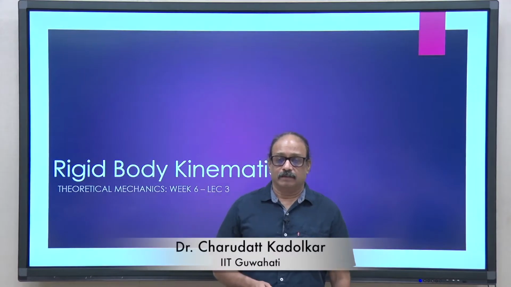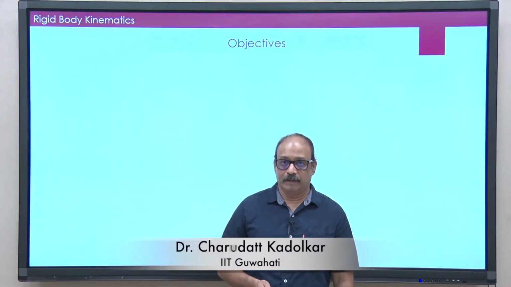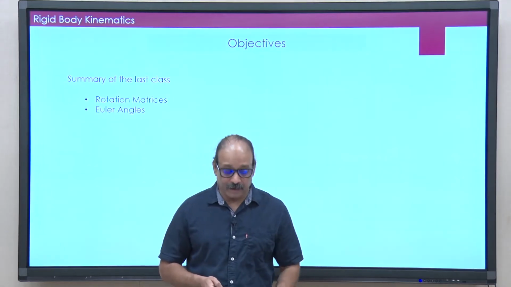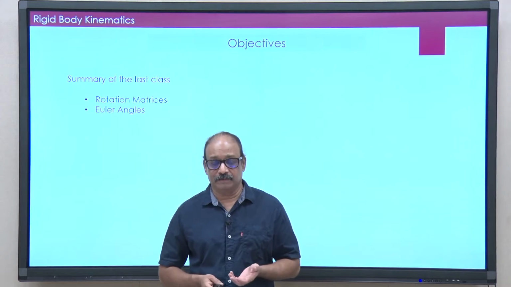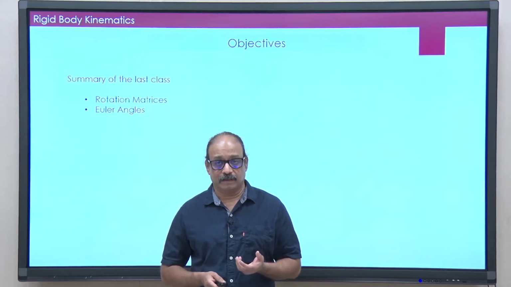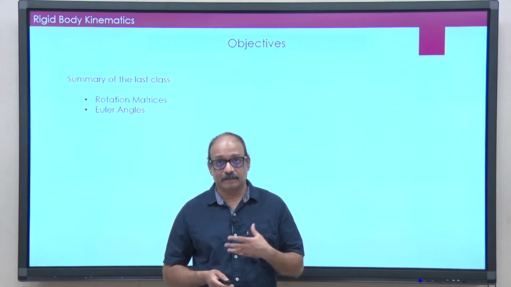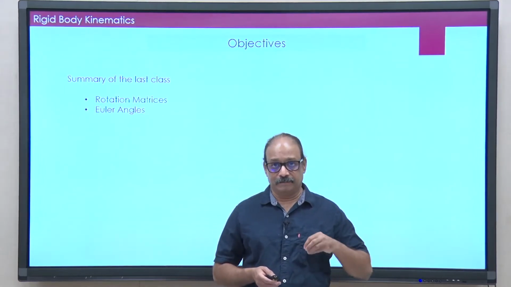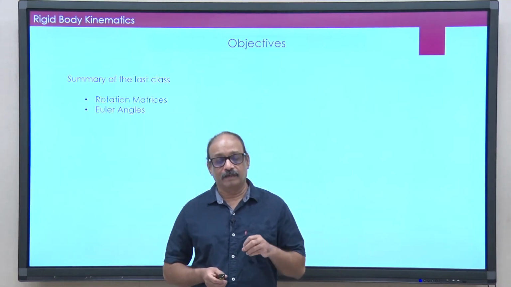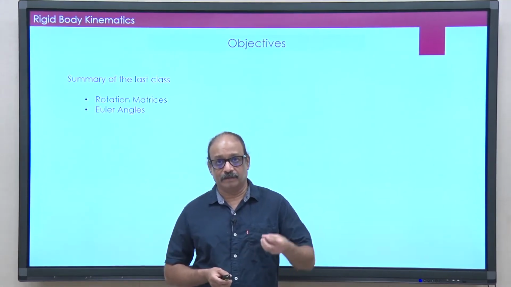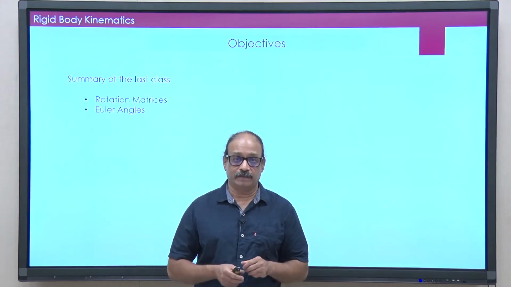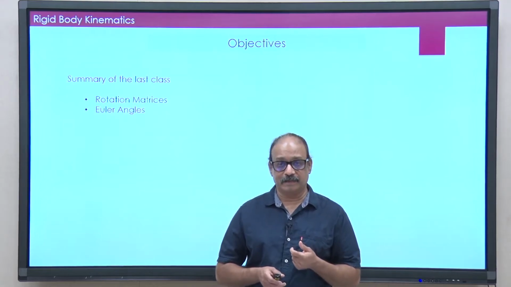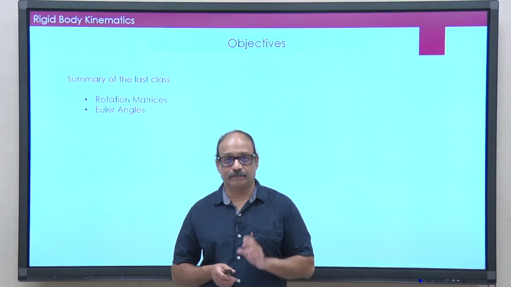Hello. So, in the last lecture we talked about the rotation matrices and also the Euler angles. To give you an overview of what happened this week, we started with rigid bodies and argued that it has 6 degrees of freedom, and these 6 degrees of freedom were essentially divided in sets of 3, one for the fixed point on the rigid body and 3 for the orientation, and the orientation was described in terms of a transformation matrix which is orthogonal, which requires 3 parameters.